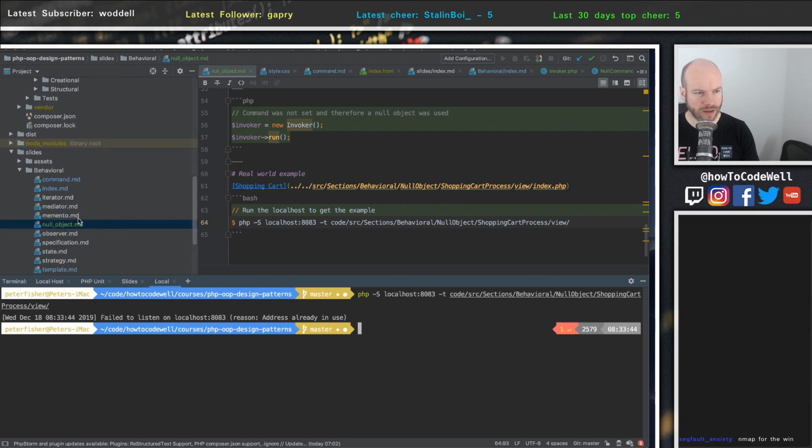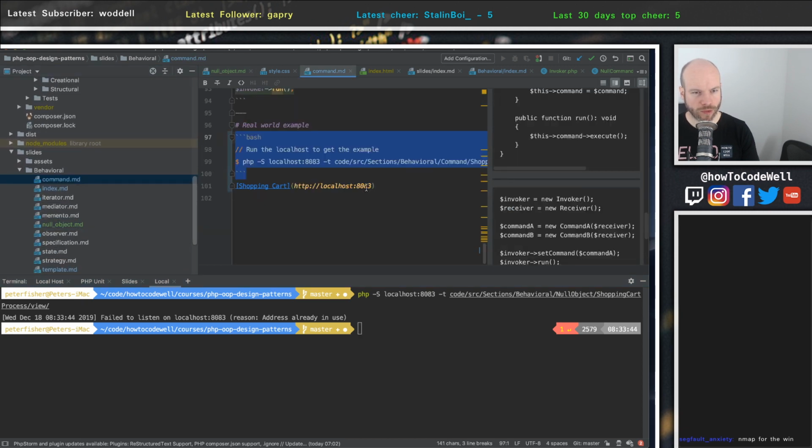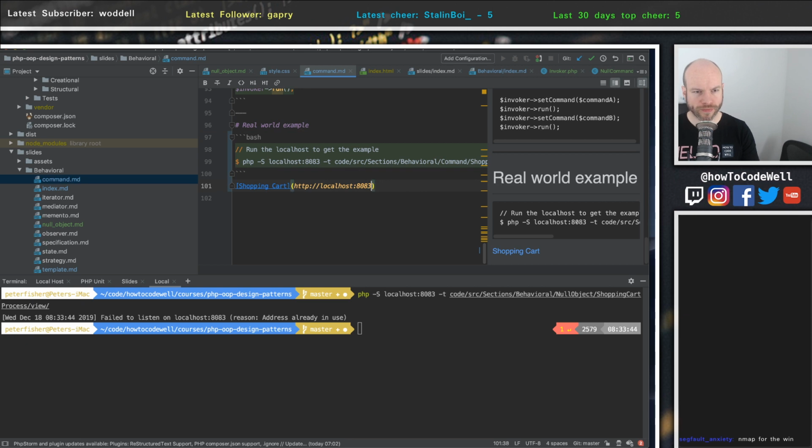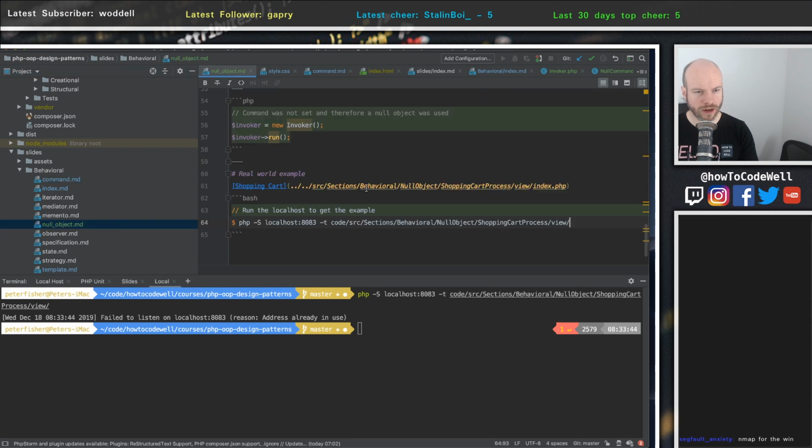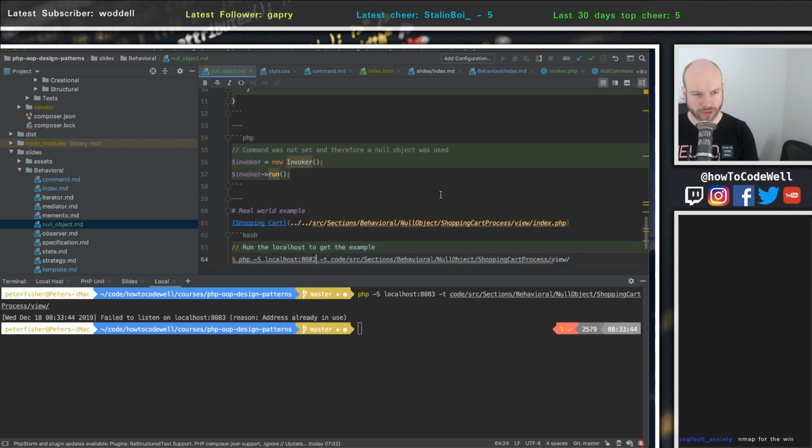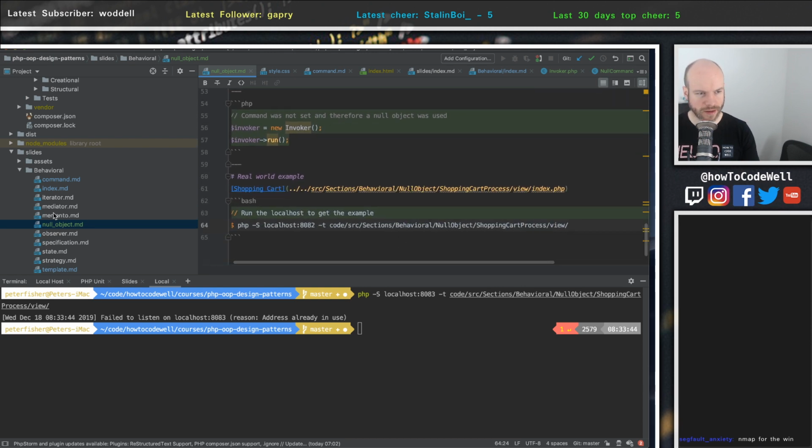That would be, if we were to start with, perhaps port 8081. And then this one here would be 8082. And of course I need to change this to be